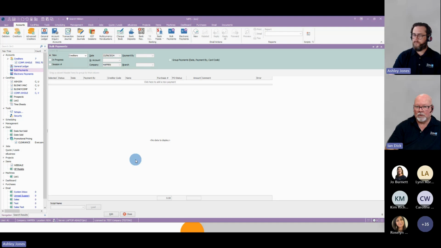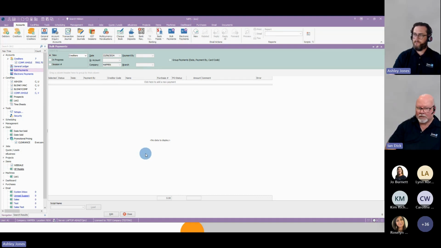And then that will turn into an electronic payment session. Now, again, it's not so much automated. What this allows you to do, and it doesn't suit every circumstance, is to either manually go through and choose invoices that you wish to pay and pay them from here, which will in turn put the information back to the creditor screen and will also create an electronic payment session,